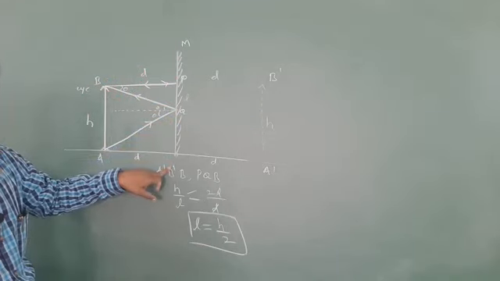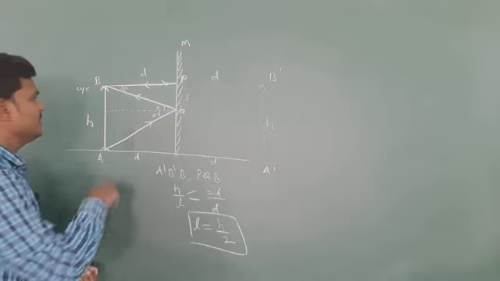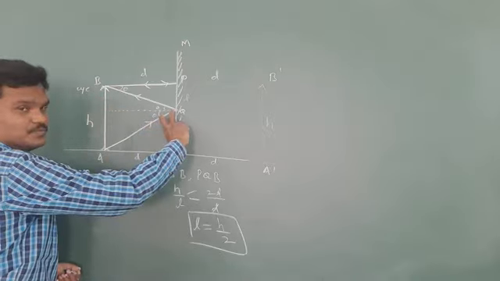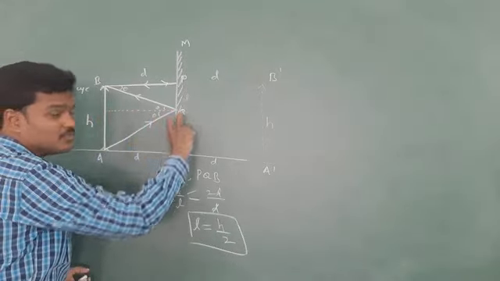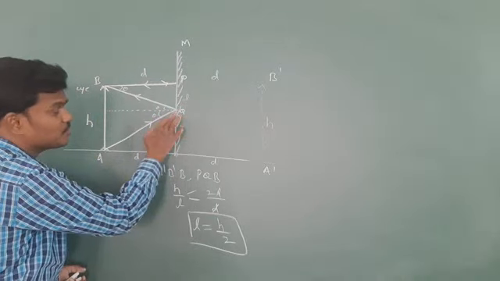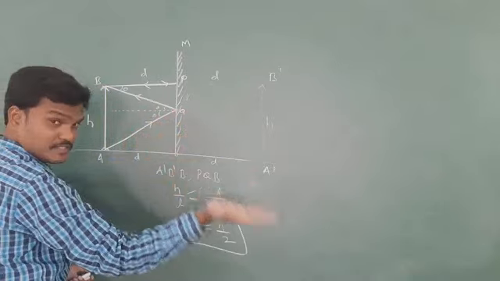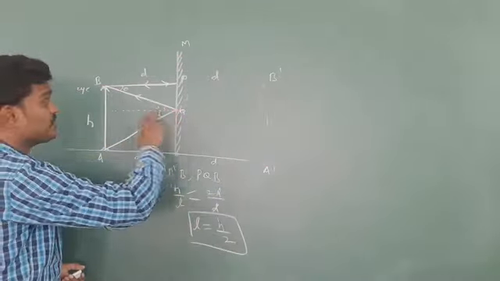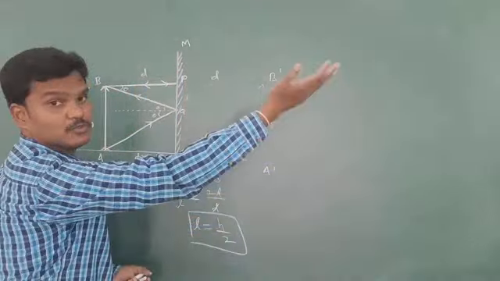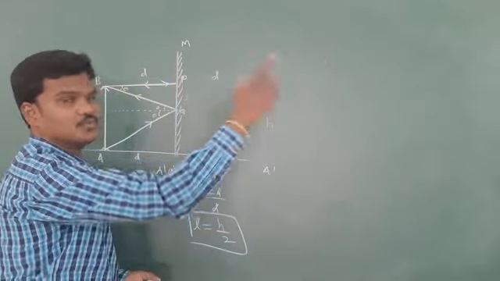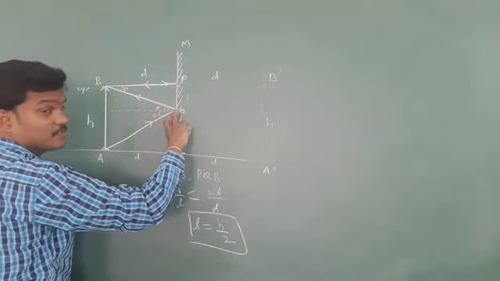No need of this one. It means we can place the mirror at this much height. If this is h, no doubt this is h by 2. The diagram is a little lengthy, don't think that it is lengthy. So this is h by 2. If you shift this mirror to a height of h by 2, he is able to see the full image. It means we can shift the mirror to a maximum height of h by 2. If the person's height is 5 meters, and the mirror is shifted to a maximum of 2.5 meters, then he is able to see the image. The maximum lift position of the mirror is half of the person's height.